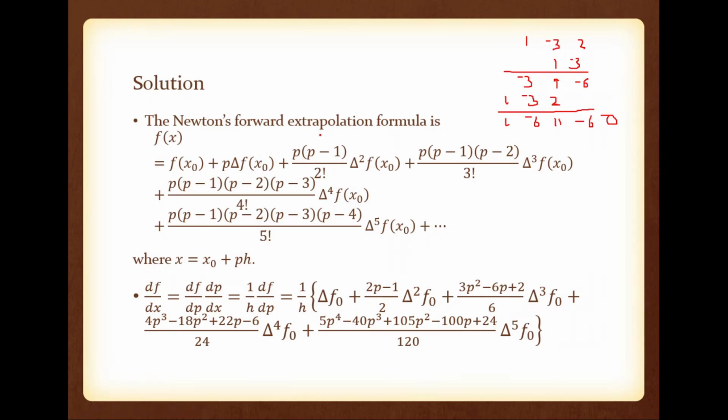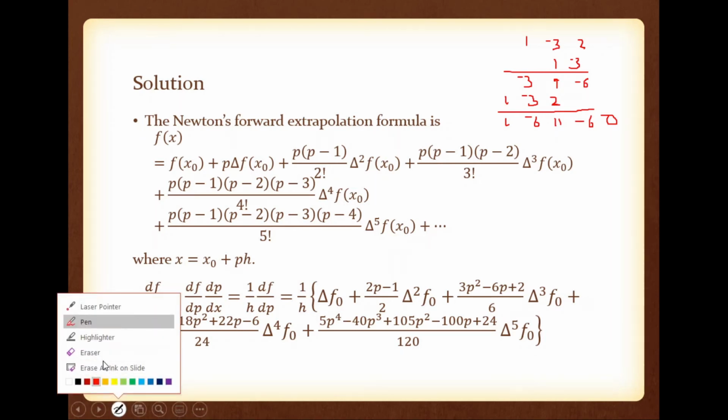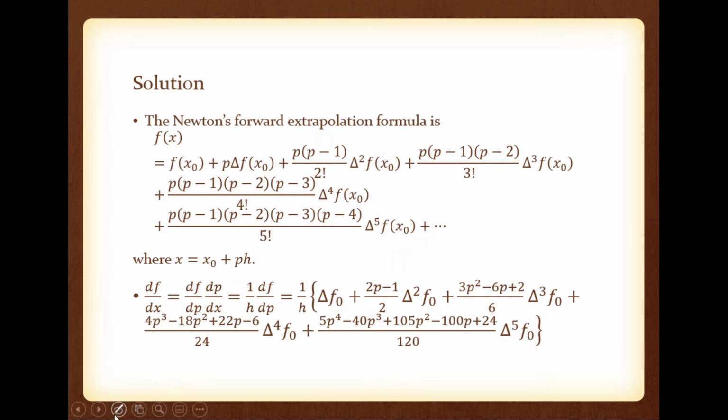So now, what is this term? Here we have p into p minus 1 into p minus 2 into p minus 3 into p minus 4. Please note p into p minus 1 into p minus 2 into p minus 3, that is written here, into p minus 4, that we have to find. So please note, this p into p minus 1 into p minus 2 into p minus 3 is 1 minus 6, 11, minus 6, 0. We are not writing that 0 for the time being. So this is up to p minus 3. Now into p minus 4, that is 1 minus 4.